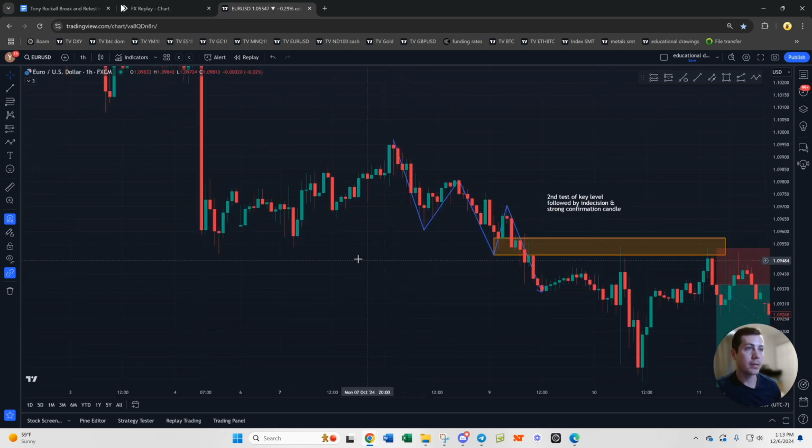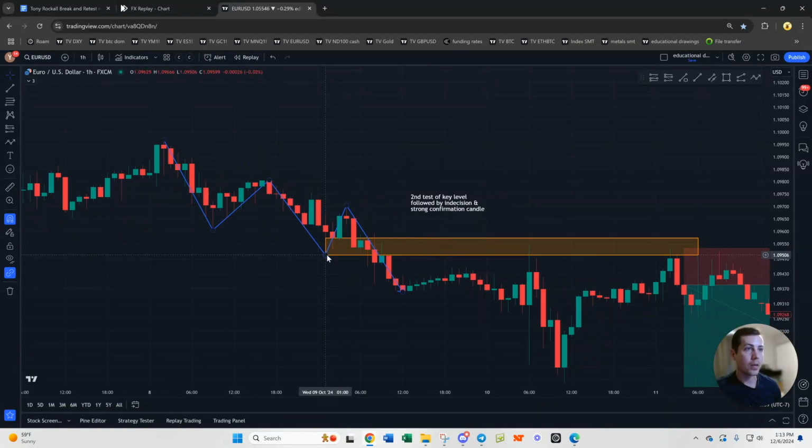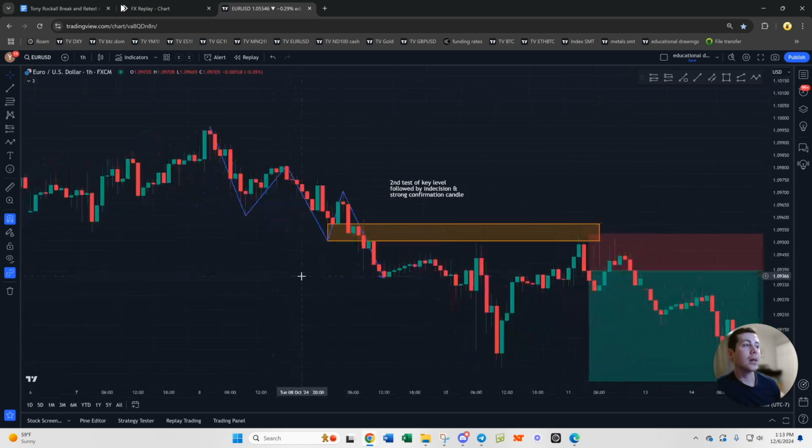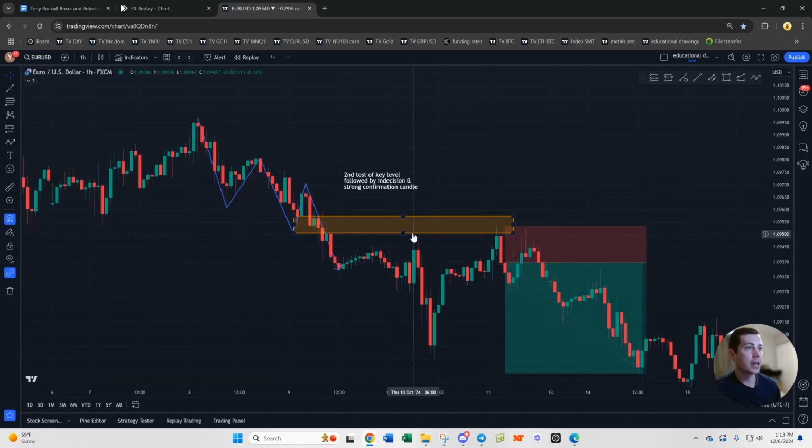Again, it's a little hard to see, but this is the wick low and the body low of this structural low before we got a break to the downside. And then as you'll notice, we got an initial retest that for this strategy I wouldn't be interested in, but I would be waiting for this second retest. And the second